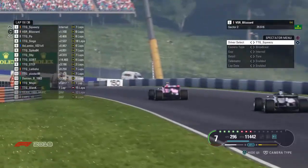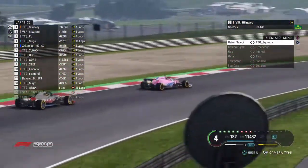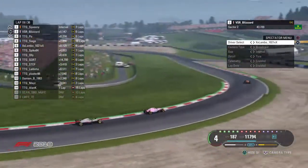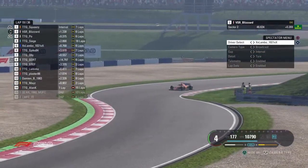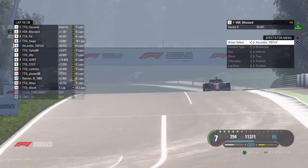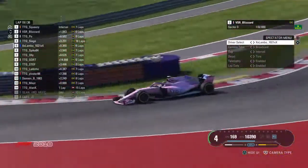Blizzard then coming down the hill as he's looking to not only attack Squeezy but also defend from Poe. That P2 will be valuable for him at this point in time. Squeezy would be cutting that deficit down by 7 points, and that may not seem like a lot, but when the gap is 44 points, it would cut that gap down to 37 points. Much more catchable there. But we are only halfway through this race, and Squeezy still has a lot to do, including defending